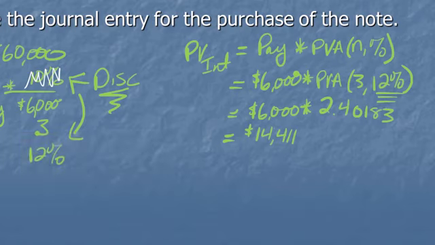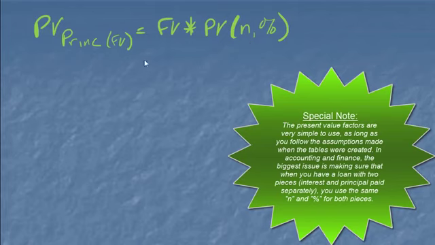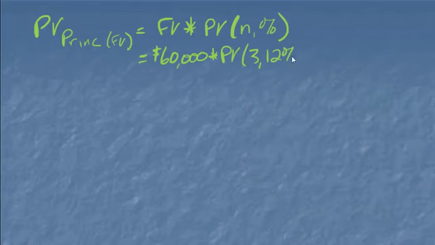Now that I've got the present value of the interest, the next thing I want is to get the present value of the 60,000. I'm going to get that in 3 years. So present value of principal, or the face value, however you want to say it, is going to be that face value times the present value of it, not of an annuity this time, just of a lump sum, because I'm only going to get it once. To be an annuity, you have to get it multiple times. I'm only going to get the 60,000 one time. Same N, same percentage. So in this case, our face value is 60,000. I don't know the present value factor yet, but I do know that the N is still 3, the interest rate is 12%, and now I can go back to my tables